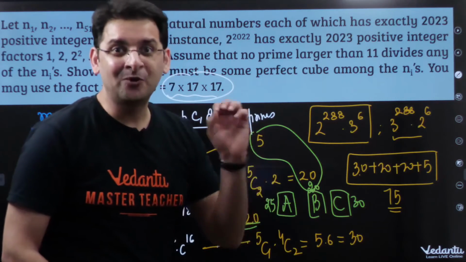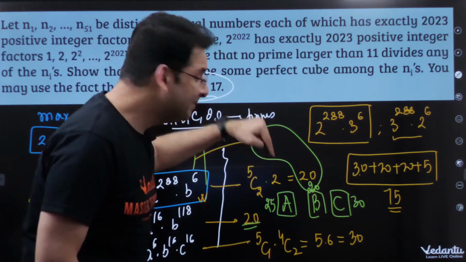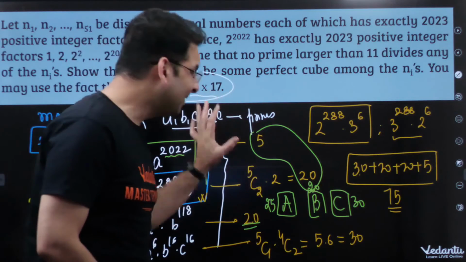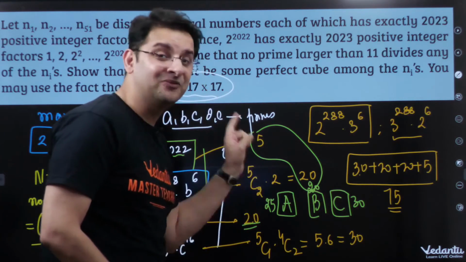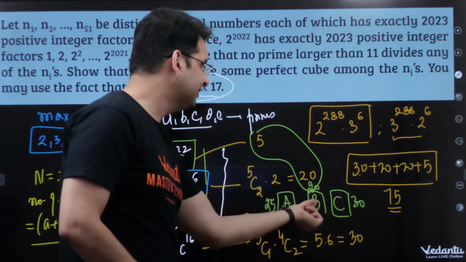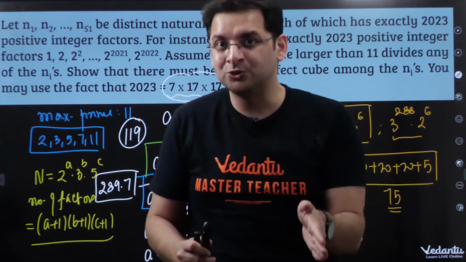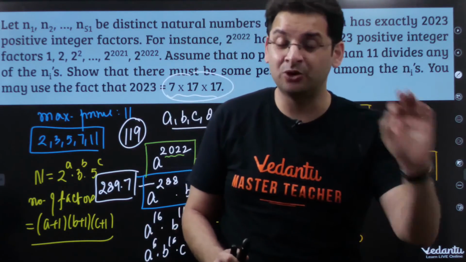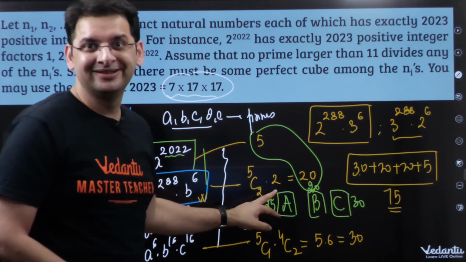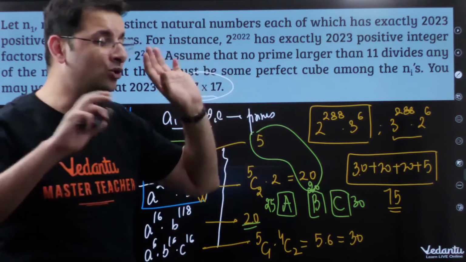And if I want to select 51 pigeons out of these, can I say 1 pigeon has to come from box A? So if 1 pigeon comes from box A, that is the 51st pigeon. I take the worst case scenario: 30 are from here, 20 are from here. So 50 numbers, if I have to choose, there can be 50 numbers which are not perfect cubes. But the 51st number has to come from this box. So at least one of the numbers has to come from box A, and this is the most simple application